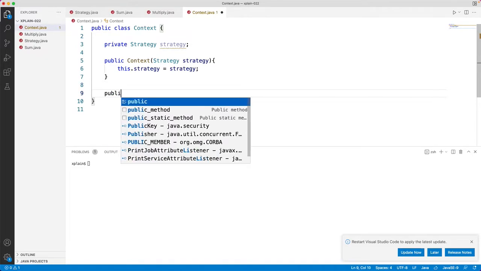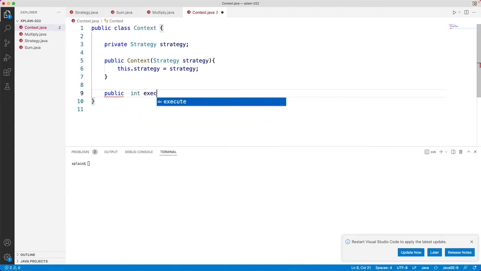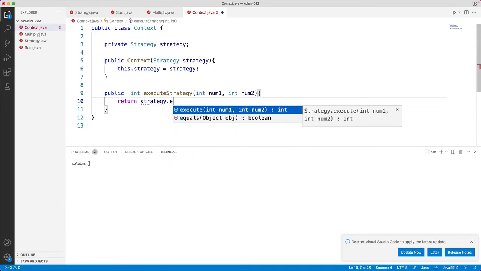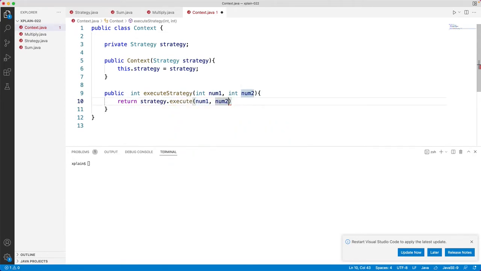And here we will have a method, int executeStrategy, that will take int num1 and int num2. Within this, we will return strategy.execute(num1, num2). So based on the strategy that we have set, it will execute the corresponding method within that strategy. Let's go ahead and create our final class called